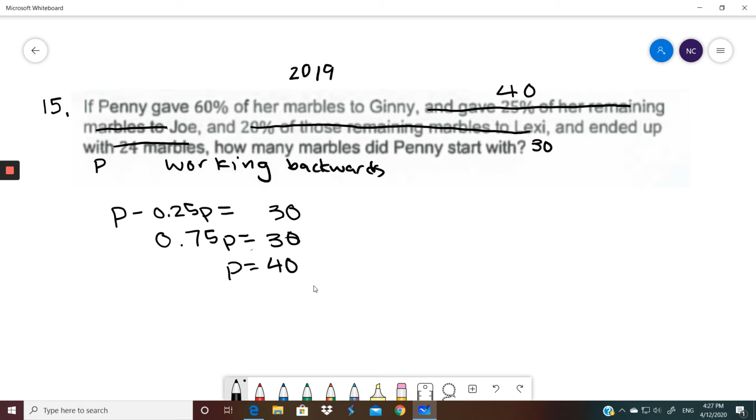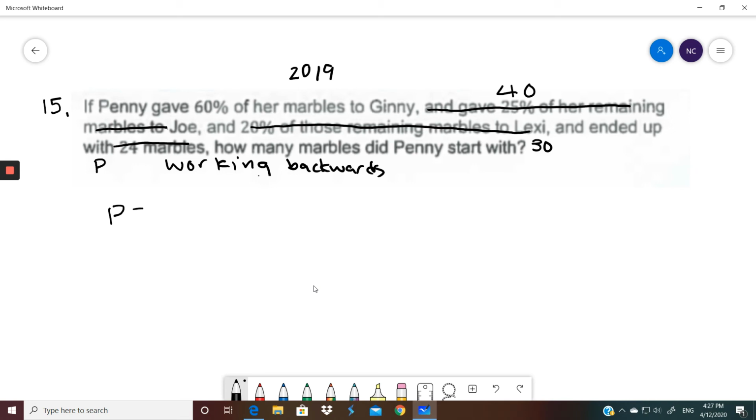So now is the last part of the problem. Let's say Penny's marbles was P. Then after she gave 60% or 0.6 of her marbles to Ginny, she ended up with 40 marbles. So 0.4P equals 40, P equals 100. So now we've come to the end of the problem and we realize that Penny had 100 marbles